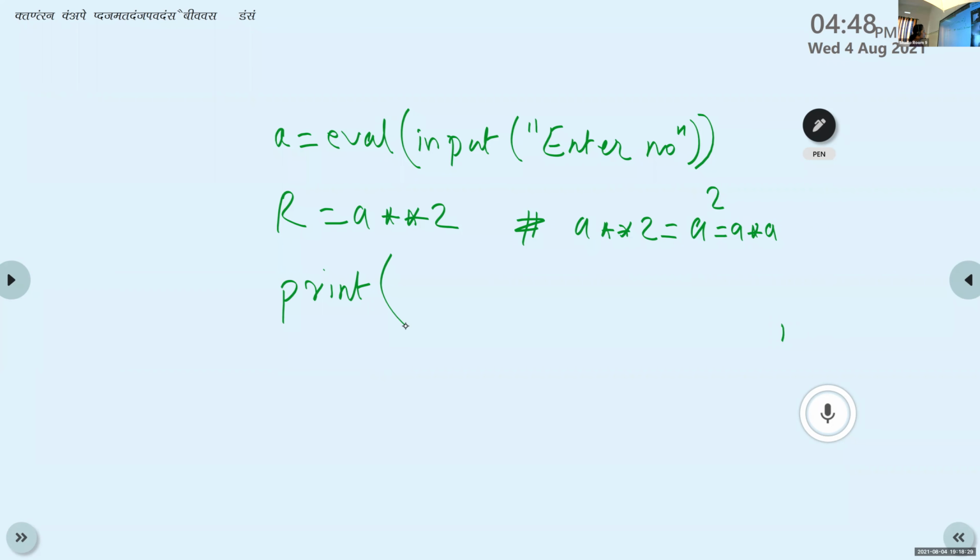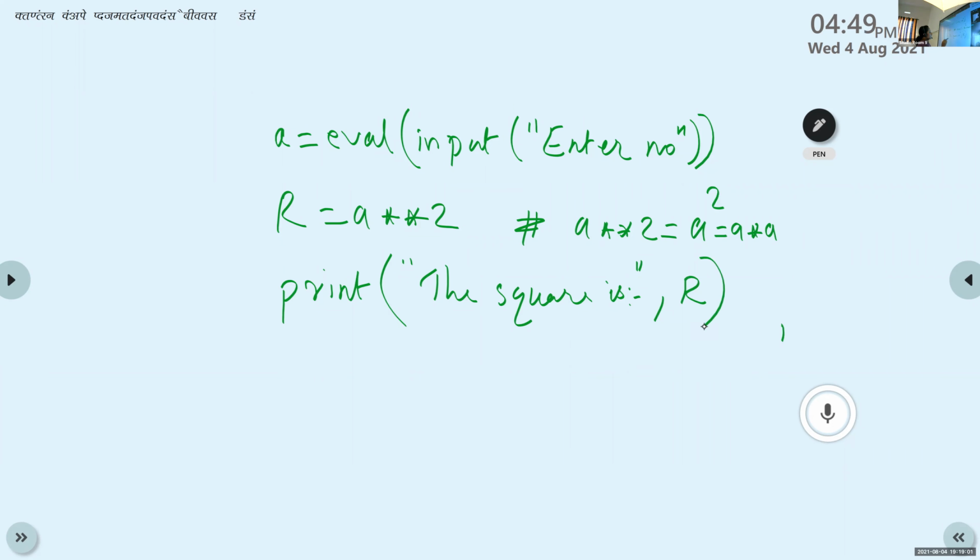Print the square is, R. Within double quotes, write the message the square is. We can use colon, hyphen, or star, any special symbols. Anything we write within these double quotes will appear in the output screen. So the square is, comma, R.